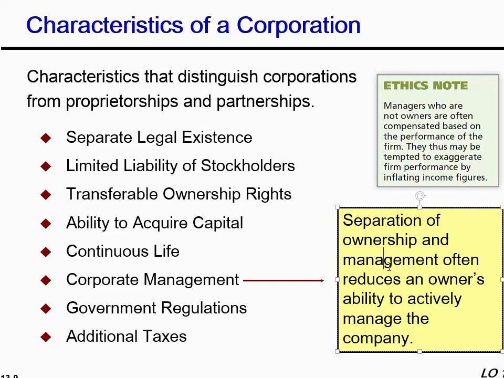When the owners do not participate often in the business, they don't have control over the business, or they don't know what is happening in the business. So their ability to actively manage the business is reduced. There is a very big issue relevant to corporate management, known as information asymmetry. Information asymmetry means that the information which managers have is different from what owners have, because managers are the ones who are actively running the business.